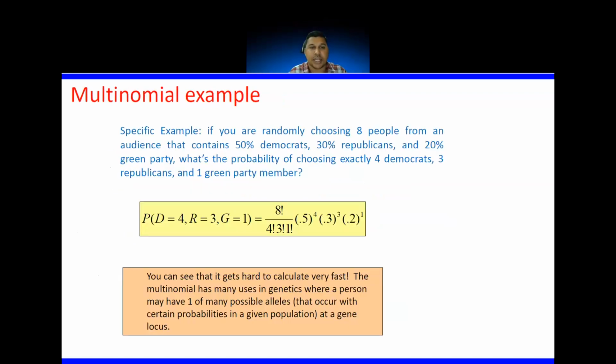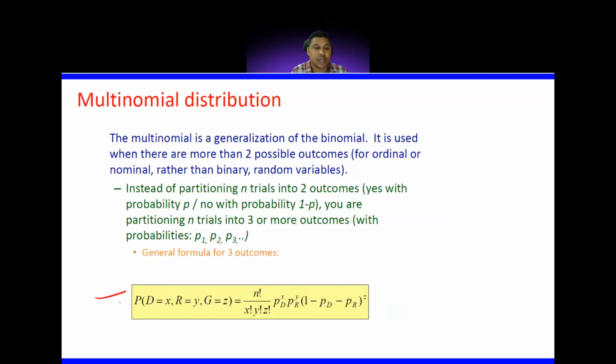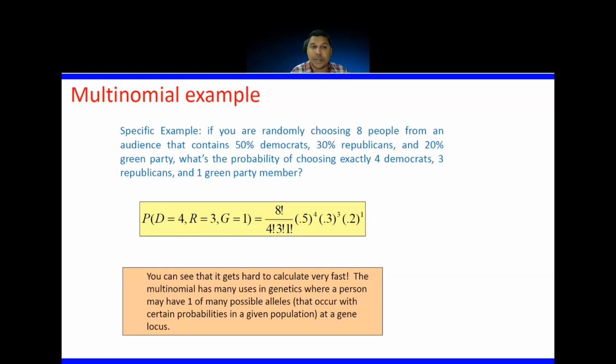You can see an example here. Let's see an example of multinomial. You will understand it better. We'll go back again, try to understand this formula. What is multinomial distribution? You do an experiment, you get an outcome. If this outcome is fixed to 2, that is binomial distribution. But if this outcome is not fixed to 2, it means it is becoming a random variable. What is the definition of random variable? When we discussed it, you do an experiment, you get a lot of outcomes. Those outcomes are random. In that case, we call that variable which is storing those outcomes a random variable. Here it is becoming a random variable.